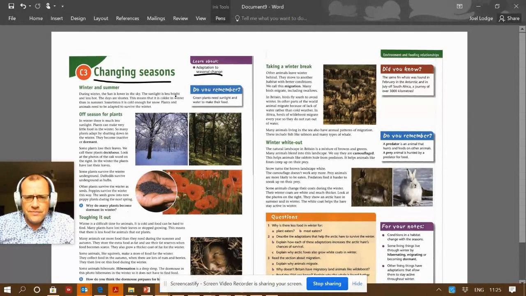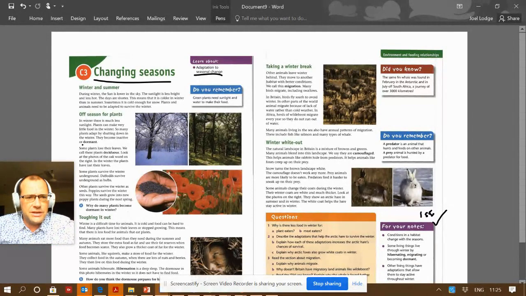So some really good things to start off your notes, and this might actually help you with some of the keywords. First, write down: conditions in a habitat change with the seasons. Some living things live through winter by hibernating, migrating, or becoming dormant. Other things have adaptations that help them survive. Some of these keywords that we're going to come across are